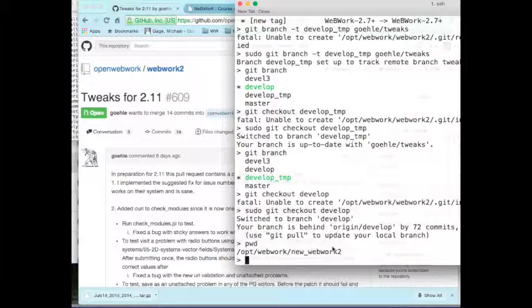Some of the PG changes don't, but that's